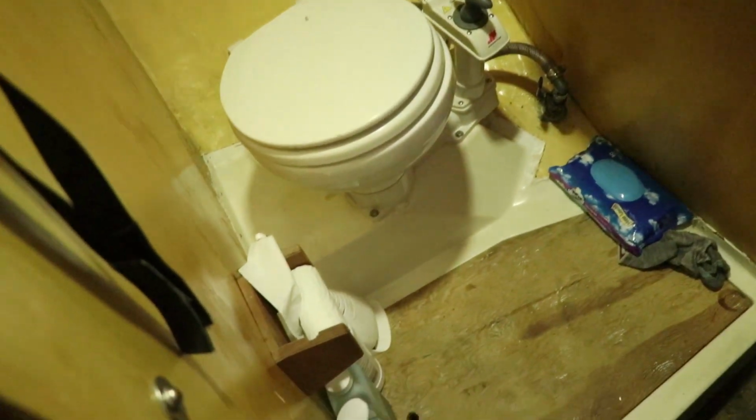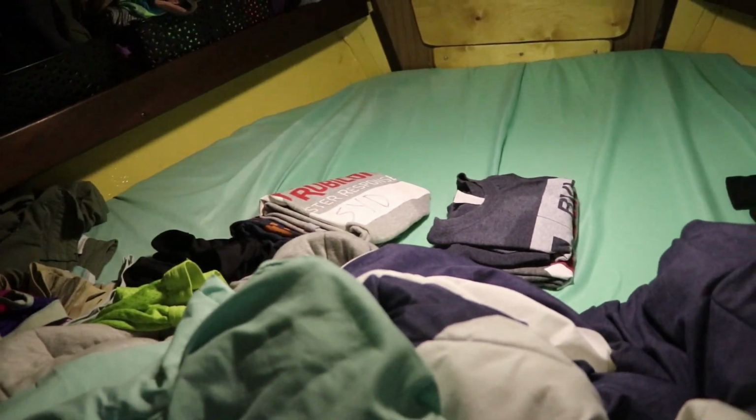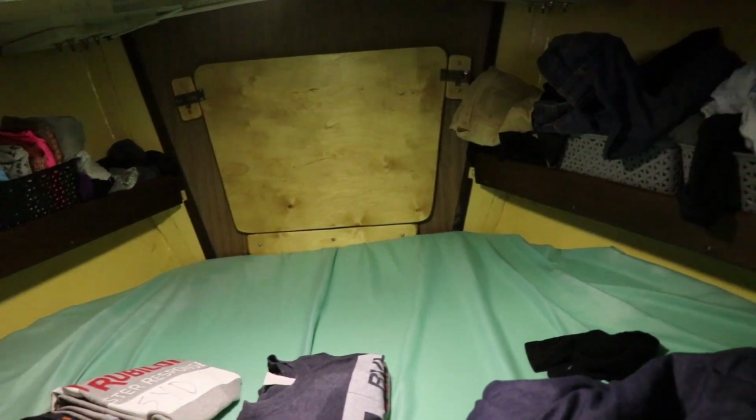I already cleaned up a few things on the bathroom floor that had fallen. I don't know if RJ mentioned this in a video yet or not. Oh, all my clothing has fallen over. That's good. Just the stuff that didn't fit in the bins. That's not that big of a deal. But this whole part of our bed,